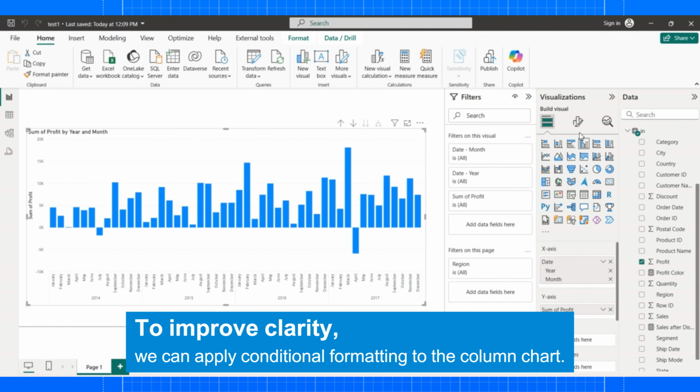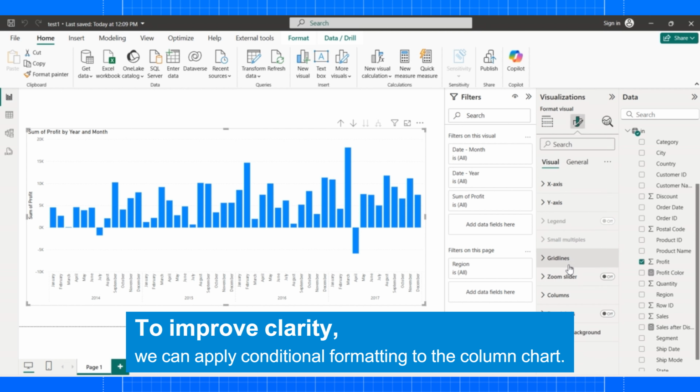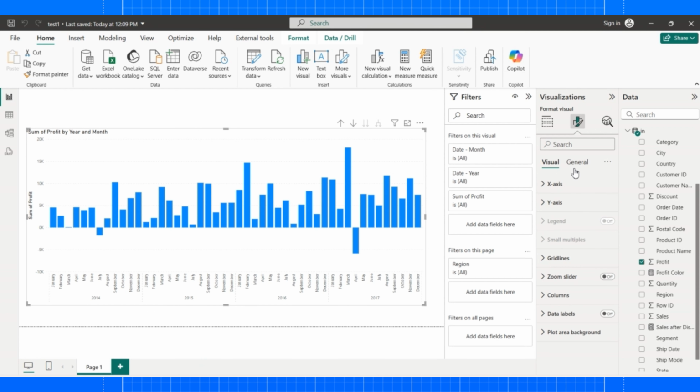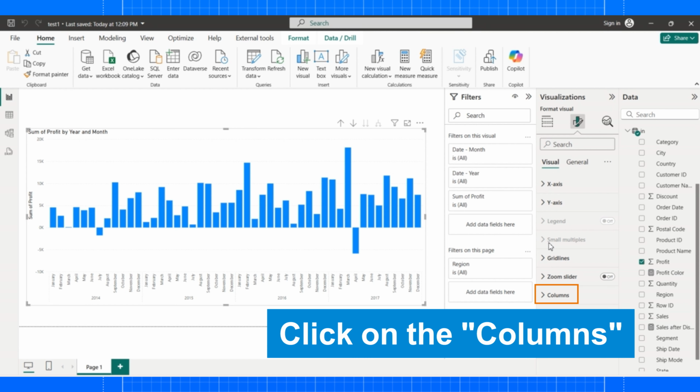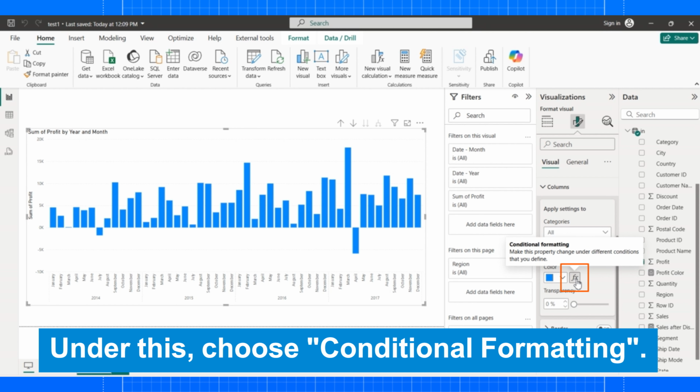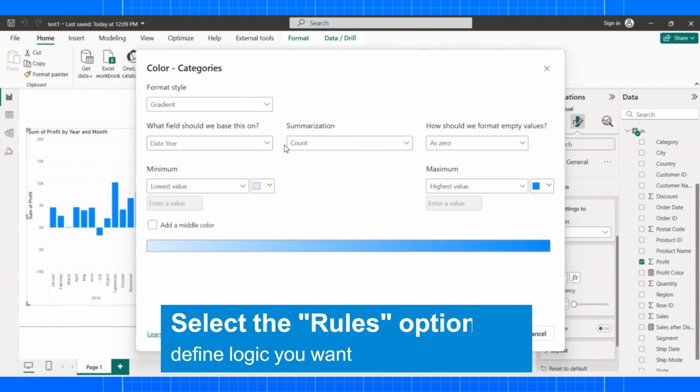So we learned how we can customize the colors based on the rules. So in this, we have to go to visual, then we need to go to the columns. And in columns, in colors, we have that conditional formatting option. When we click on this,